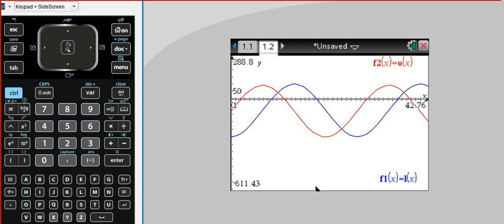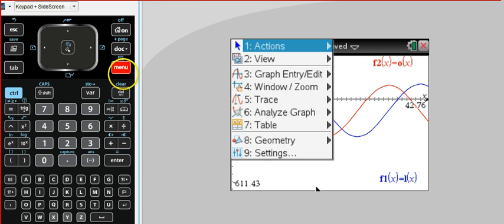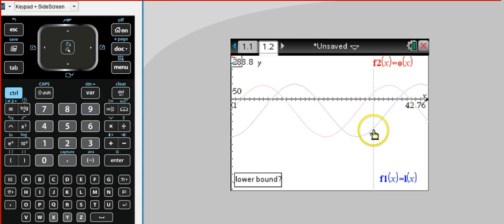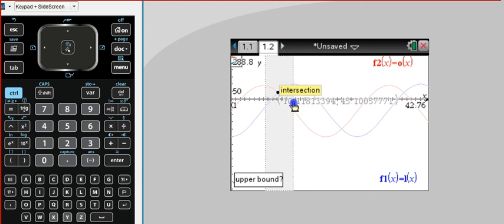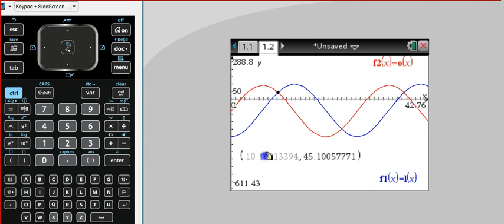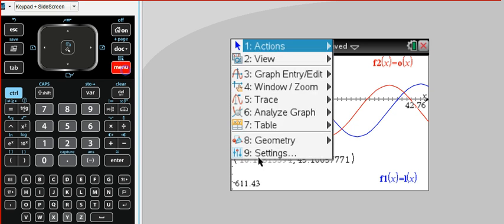Now notice here that the blue graph is L of x, it tells me, and the red graph is O of x, so it's really clear which one is which. So to find those points of intersection, analyze graph, intersection point, one at a time. So let's find that one. I'll just put that down here, and the next one